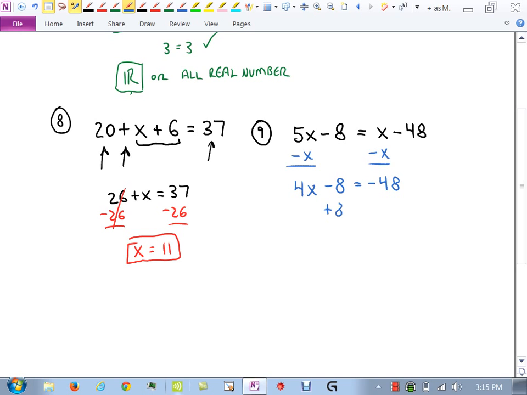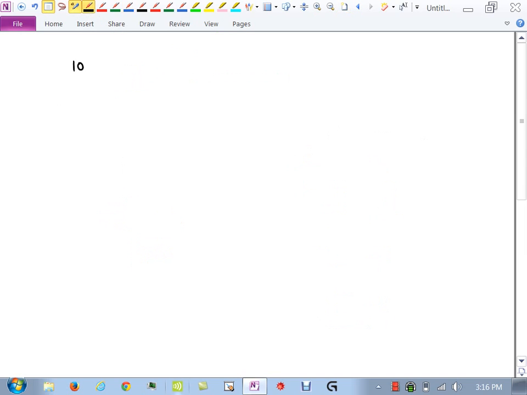I add 8 to both sides, and I get 4x equals, let's see, -40. I divide both sides by 4, and I get x equals, let's see, -10. So that's number 9. Number 10 was probably the hardest one, or the one that most people had a problem